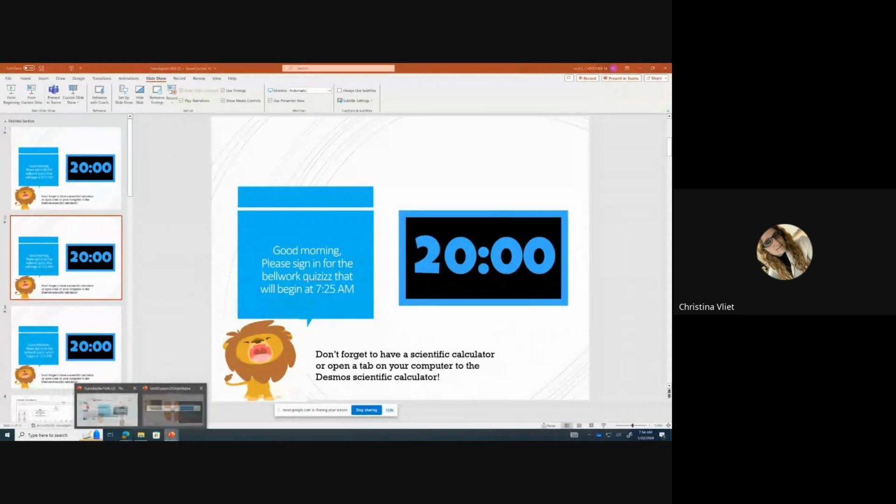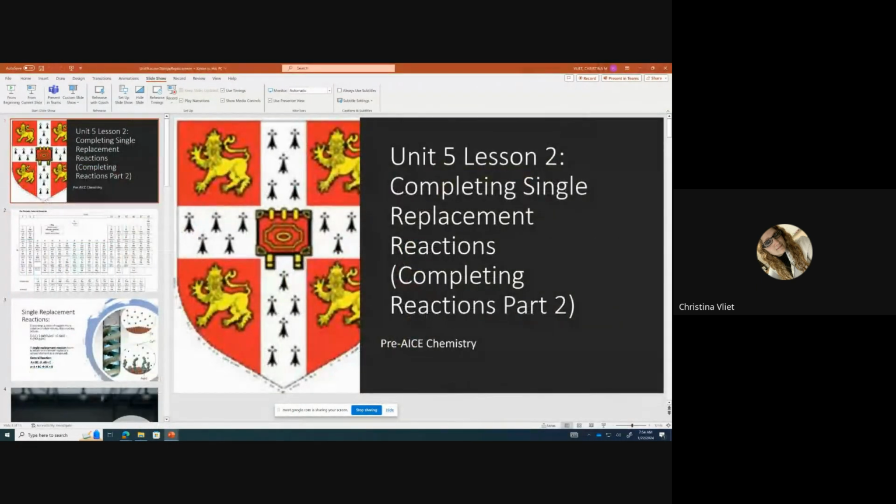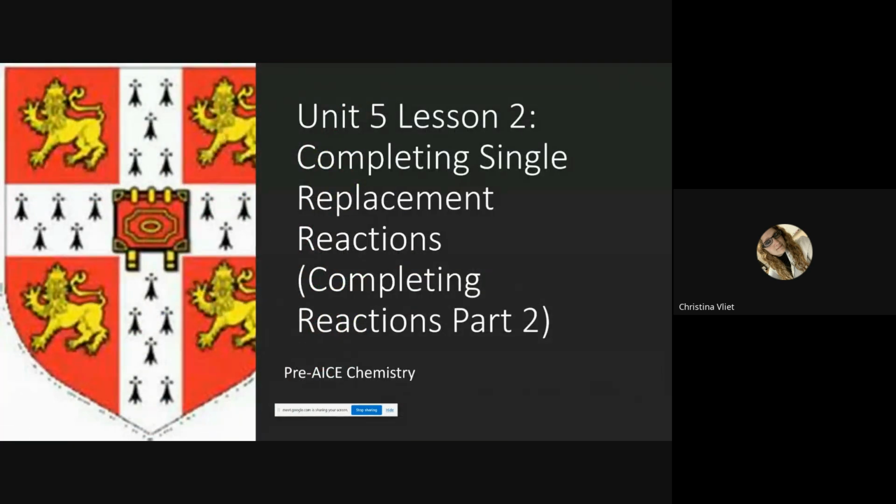I'll go ahead and get the drawer very shortly. But I do want you to go ahead and write the lesson title down while you're waiting for us to get started. It is Unit 5, Lesson 2. What we're going to be learning how to do today, and we have to spend a whole class period on it because it is more complicated, is how to complete single